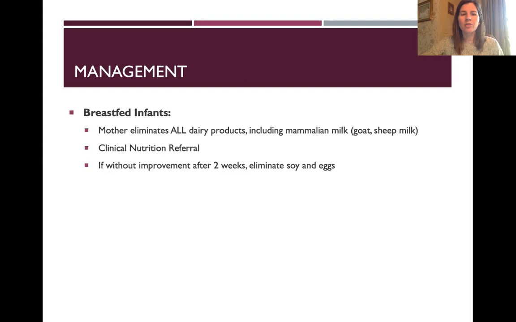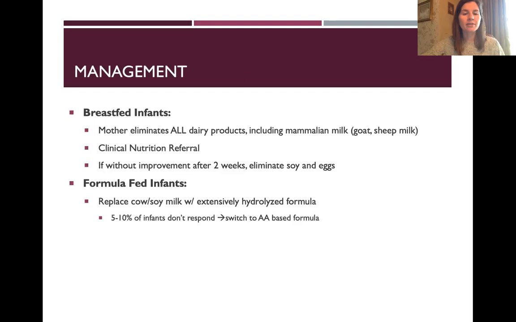But the rule of thumb is if you have had no improvement after 2 weeks, the mom should then eliminate soy. And again, if there is no improvement after soy elimination, the mom should then eliminate eggs as well. And then for the formula-fed infant, the management is to replace cow's or soy milk with an extensively